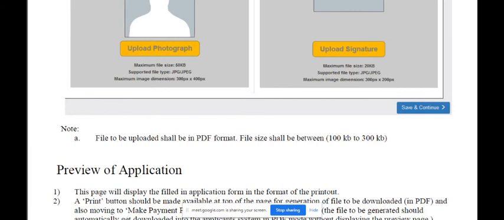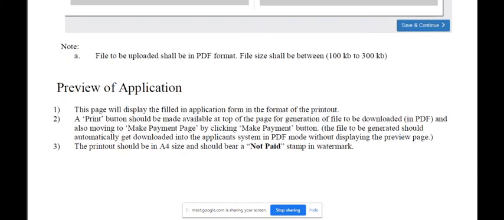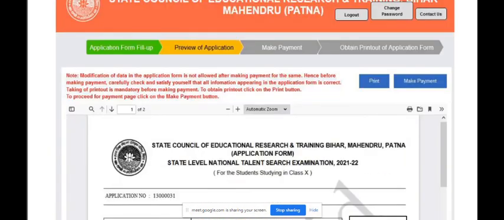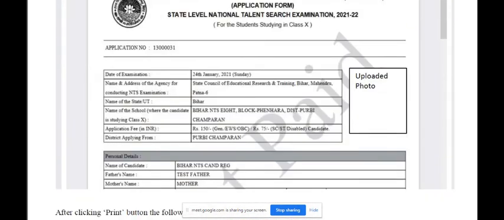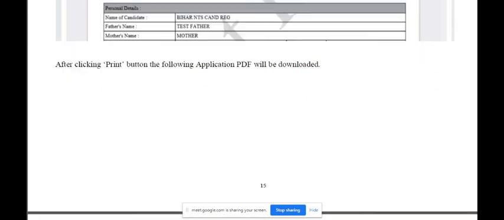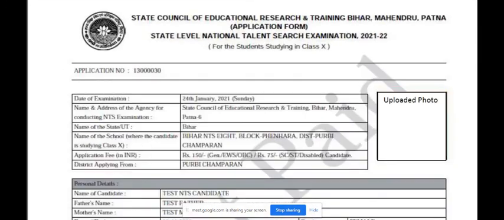After that you have to preview the application. Whatever details you have filled, you can preview them, and after previewing, once you confirm whether the details you have filled are correct or not, you can move to the next part, that is make payment.